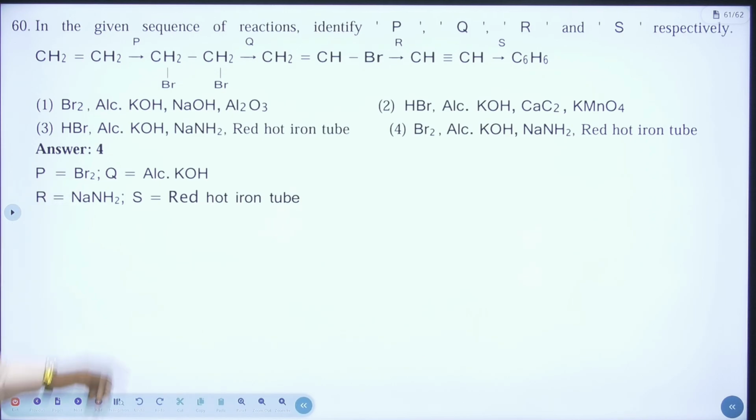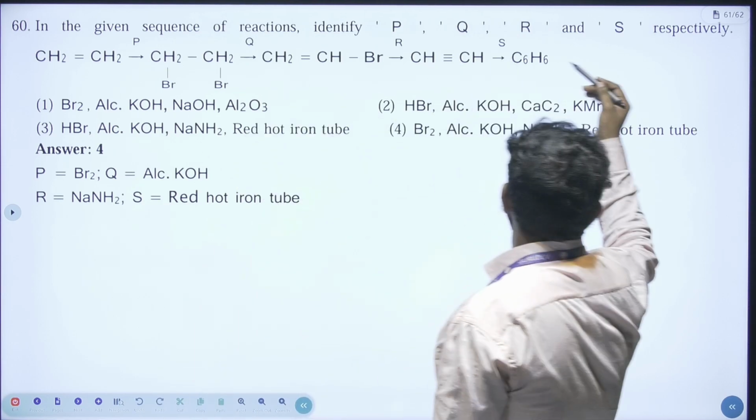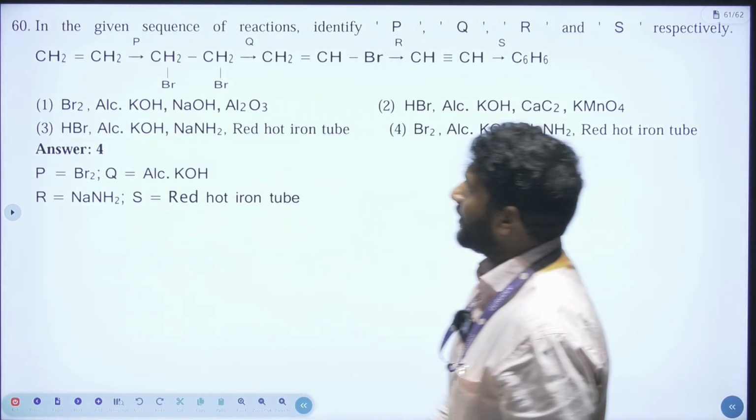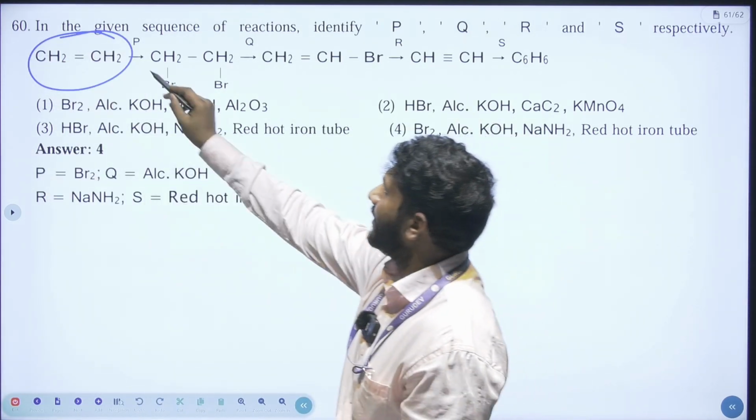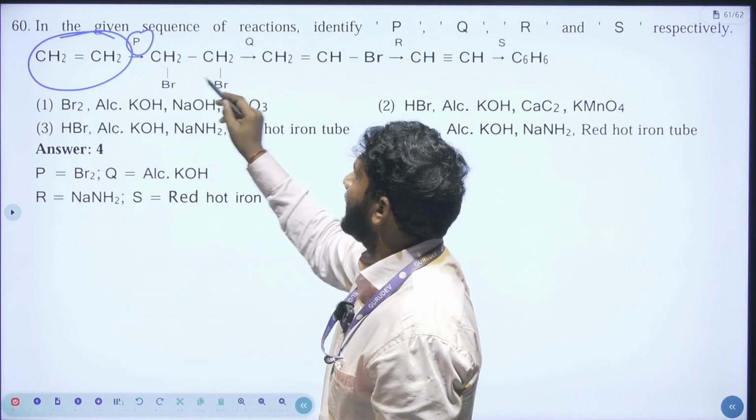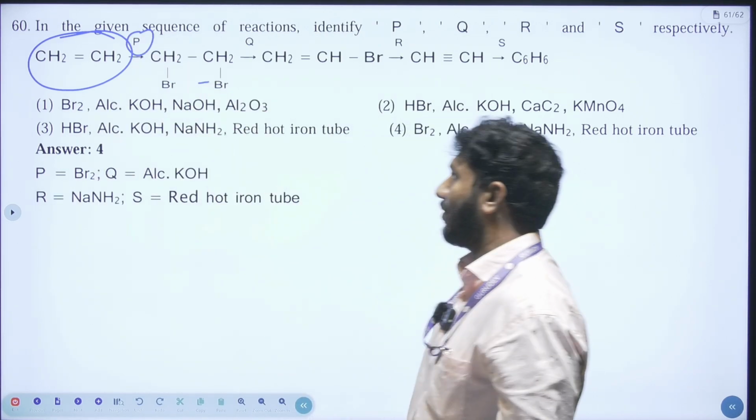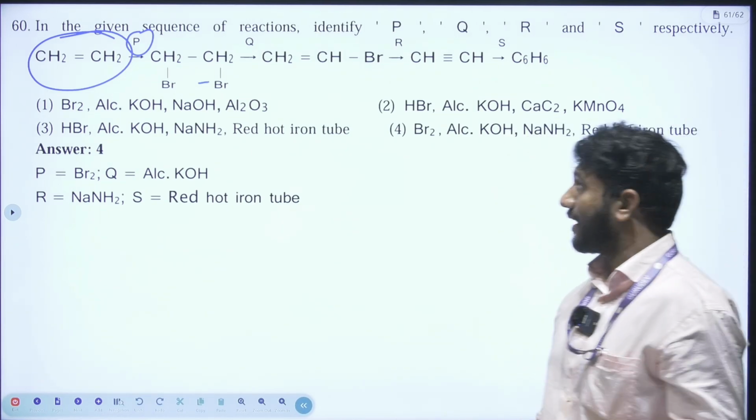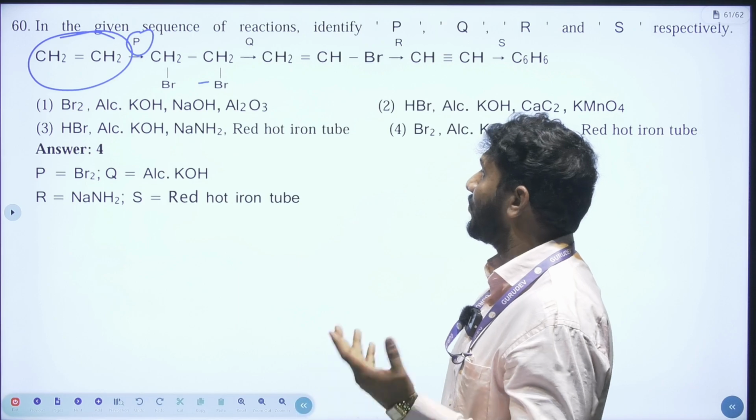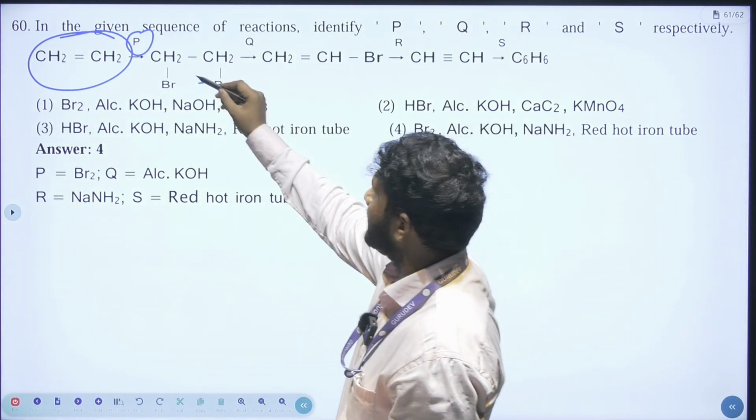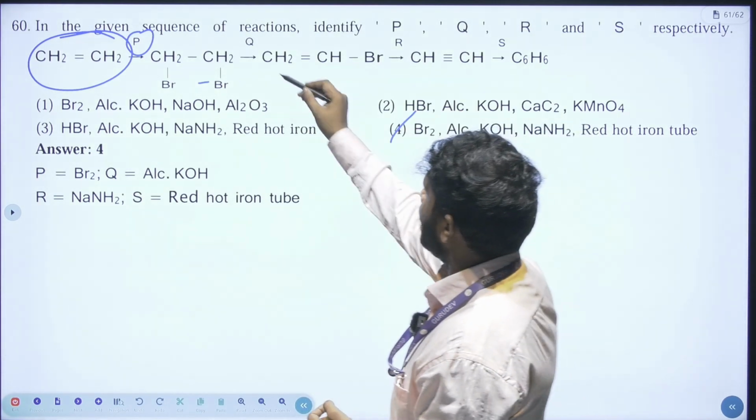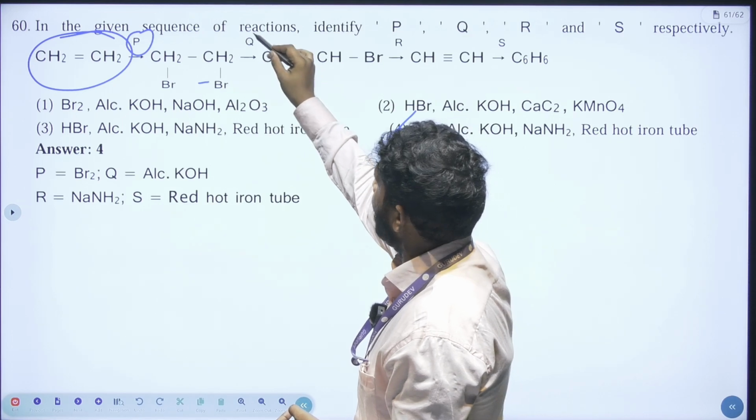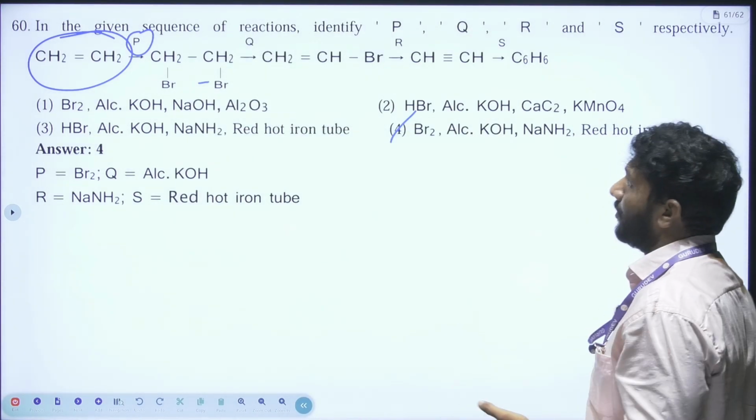Next question and last question. In the given sequence of reactions, identify P, Q, R, S respectively. Here ethene is the reactant. When it reacts with some P, it gives 1,2 dibromoethane. So 1,2 dibromoethane means this is a vicinal halide, and this is an addition reaction. So that means we have to take Br2, and when it is followed by reactant Q, then we get